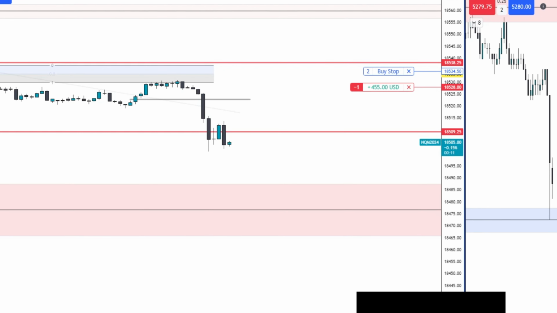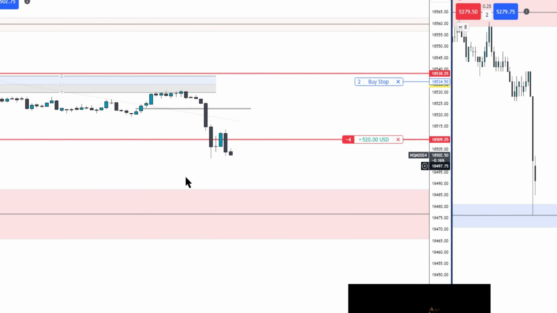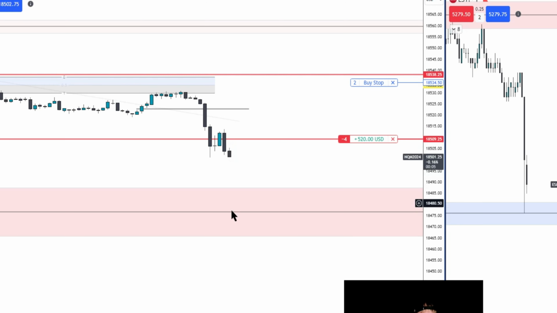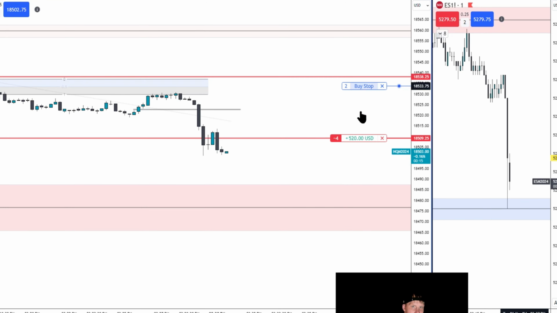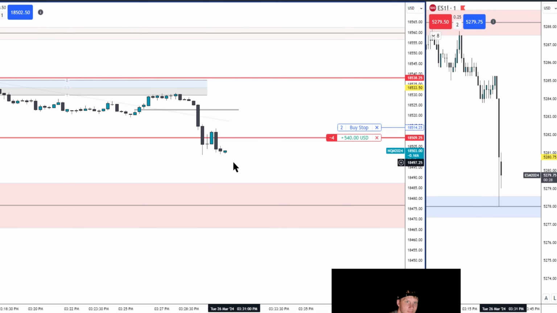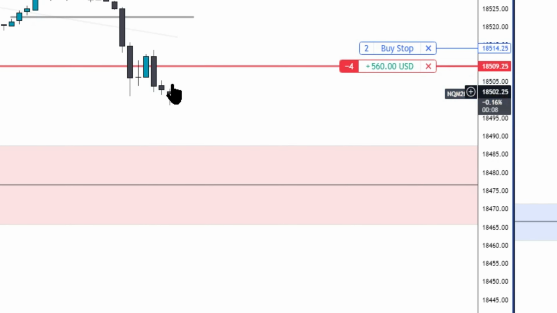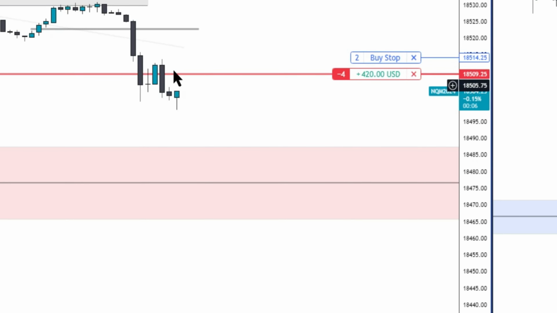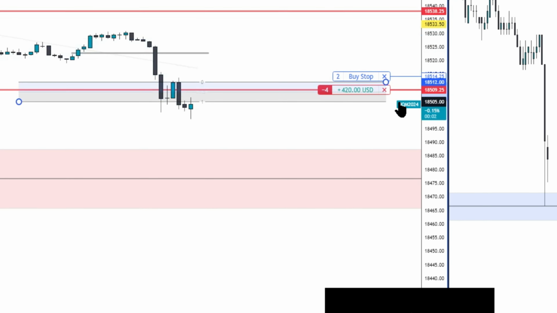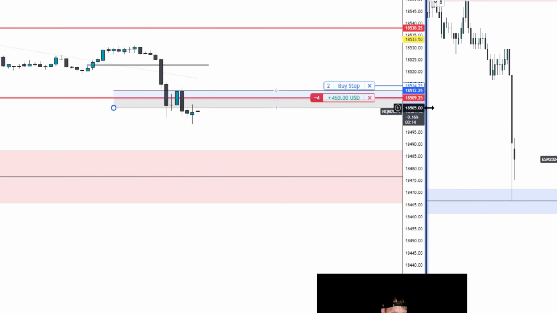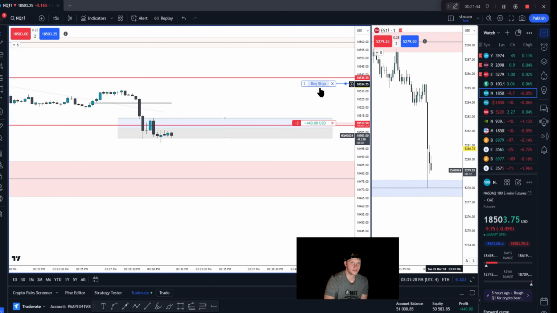Now I'm going to add on with this eval. I'm going to get a little bit more aggressive here, knowing that price is likely to head to here. And then I'm okay with staying in it as long as it's not taking out the previous candle's high. So now we have a zone here, a redelivery zone that we can use. All right, so then I went ahead and added on here too.